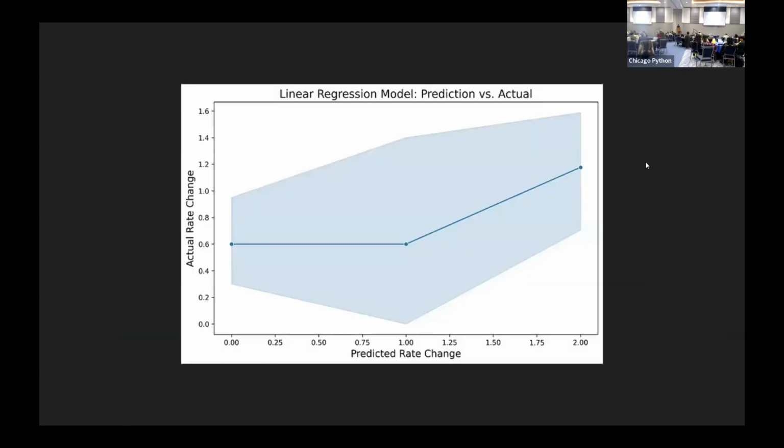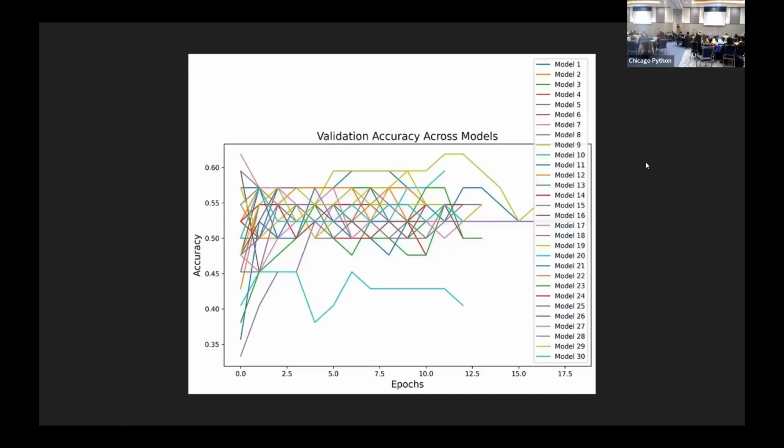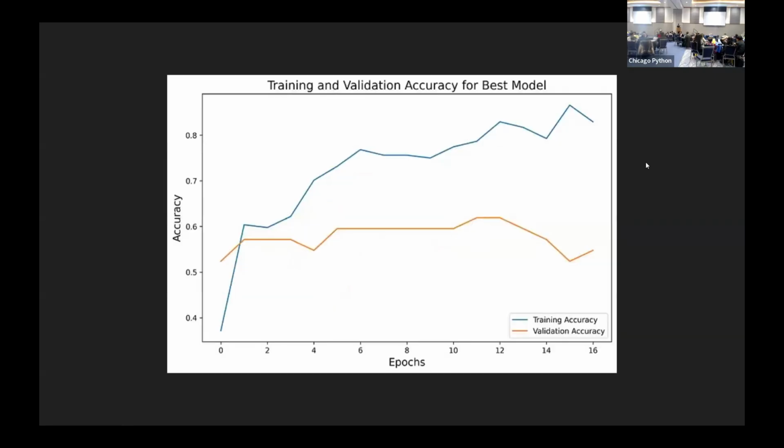So this is the results of the linear regression, just to have a little visual. And then this is that random picking of variables and just letting them all rip, what that looks like. Each of these lines represents one version of the model with a specific selection of settings. I trained them all on the data and then ran a prediction on all of them once they were trained, and then graphed all this out to see which model performs the best out of, I think it was 20 or 30. And then once this was determined, look at the actual values, figure out which model was the best out of this group. Looking at that specific model, you have the training accuracy and then the validation accuracy,